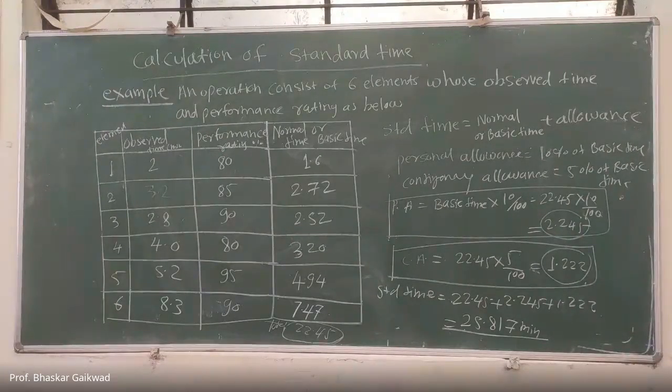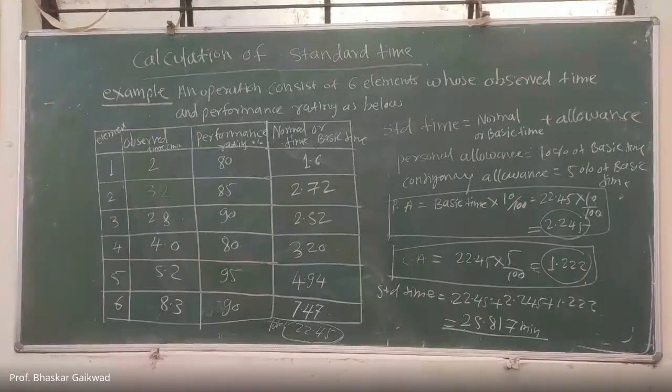Okay. Now we'll take one more problem and after that we'll go to work sampling. Up to here it is clear. Anybody having any problems you can ask. Any doubt regarding standard time calculation, because this is a part of industry everywhere. We need to calculate the standard times because on this basis the payment systems, wage systems, salary systems in industry will be allocated. So this is very important, and from your GATE point of view, this is also very important.